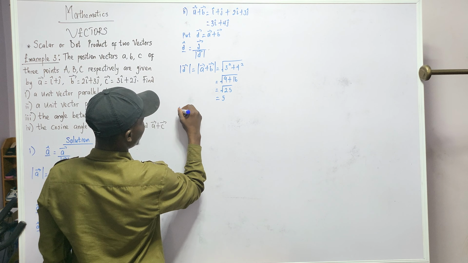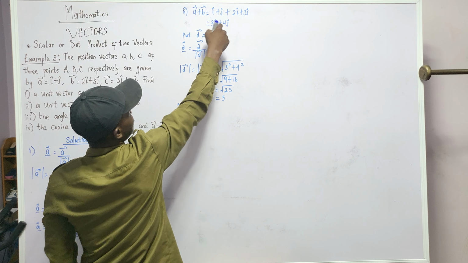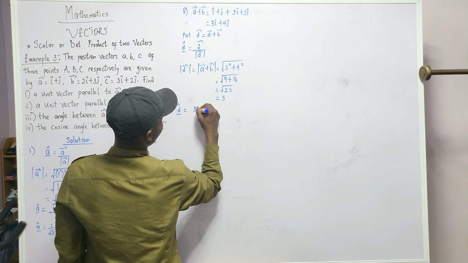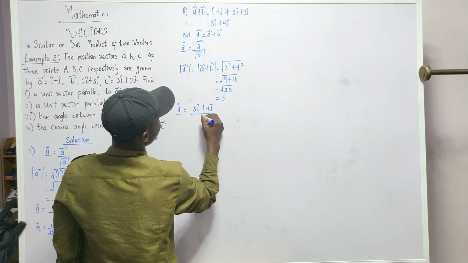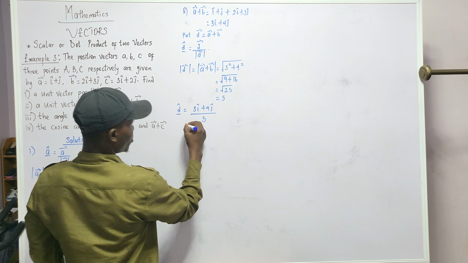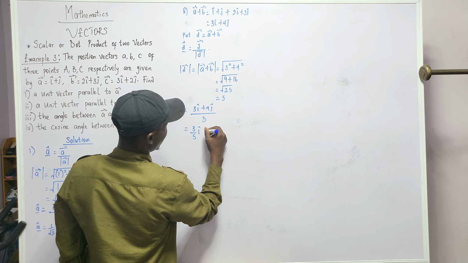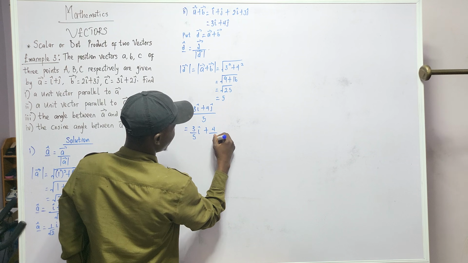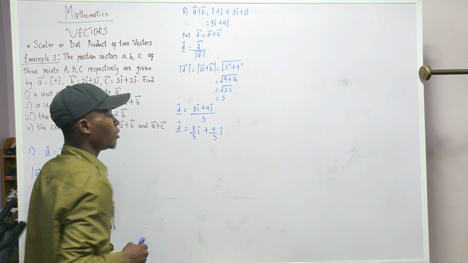So what will be the unit vector? The unit vector will now be, what is our D? The D is this A plus B. So that will be 3i plus 4j over the magnitude, 5. So we can separate it as 3 over 5 i plus 4 over 5 j. So this is the unit vector for